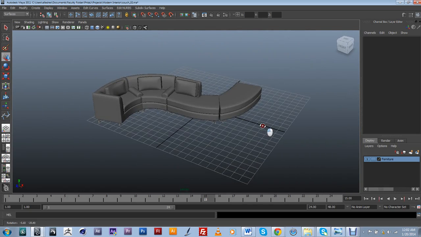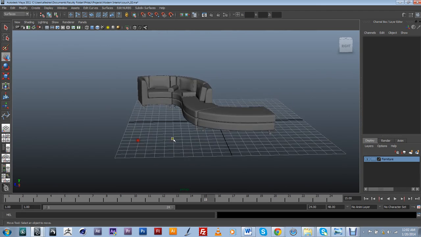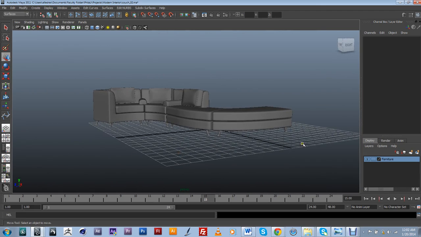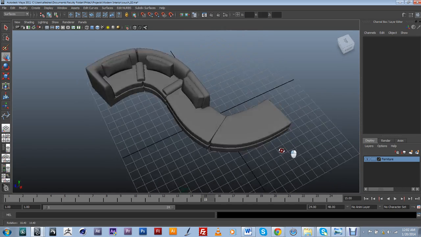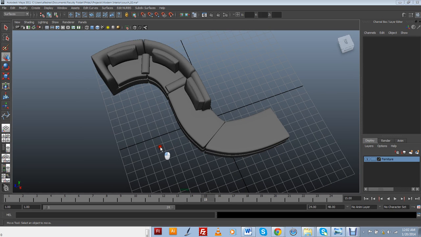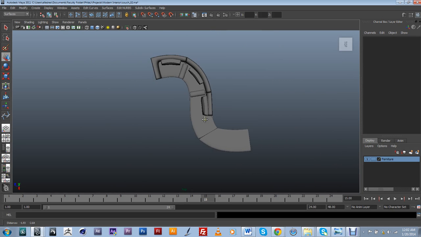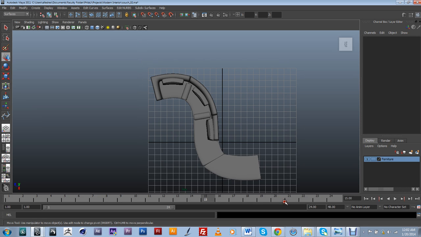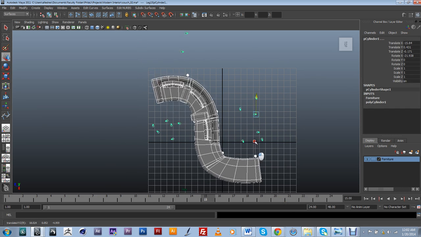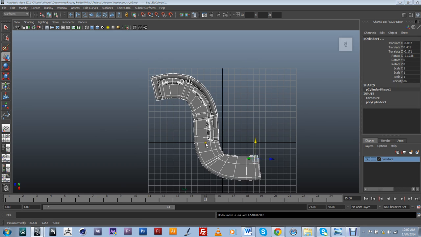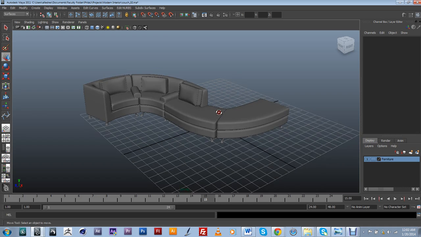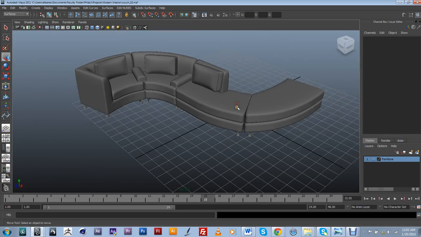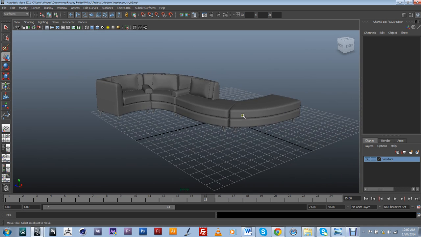But another thing that I like to do is basically create some sort of control for this object. The reason for that is because it's made up of a bunch of different little things, and if I were to try to move it or maybe rotate it, it'll be a little bit difficult because each thing has its own orientation, and it'll move and rotate based on its own axis and not on the collective. So one thing that I like to do is create a control for it,